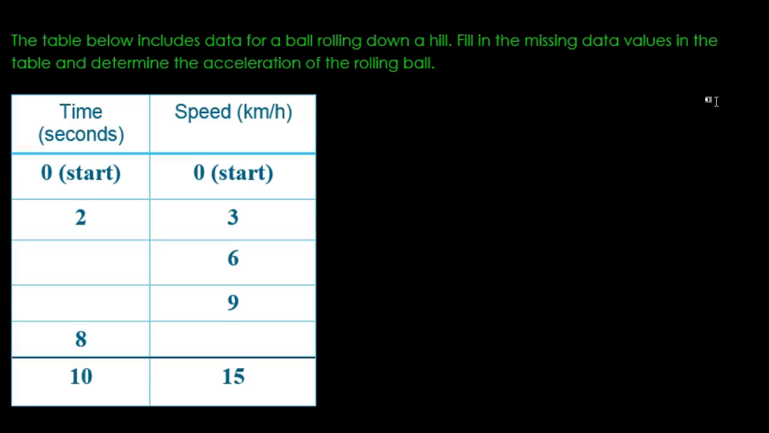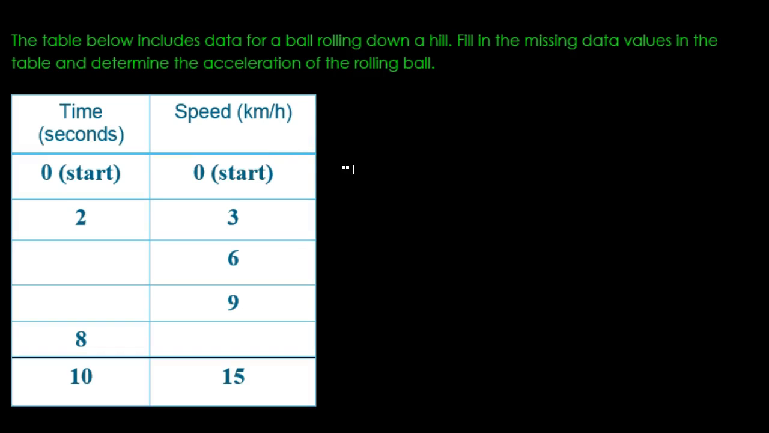Okay, physics acceleration problem. The table below includes data for a ball rolling down a hill. Fill in the missing data values in the table and determine the acceleration of the rolling ball. So, in the left-hand column we have our time, and we also have our speed over on the right-hand side